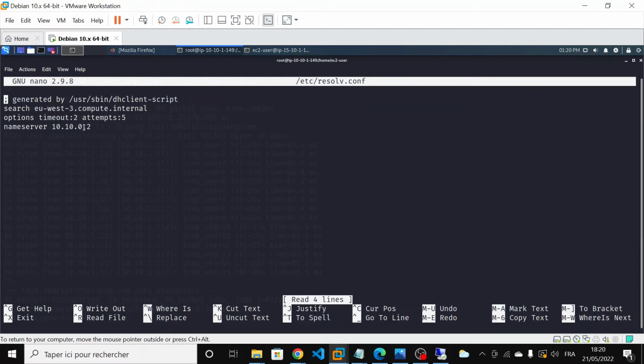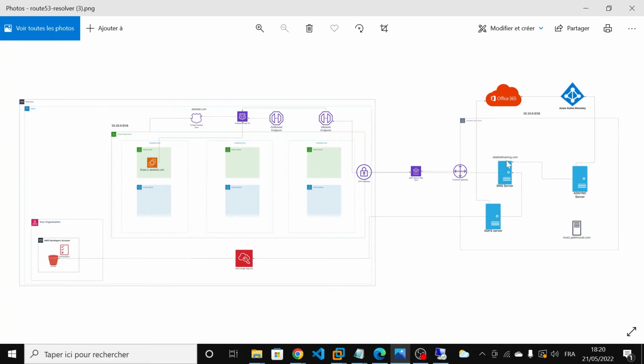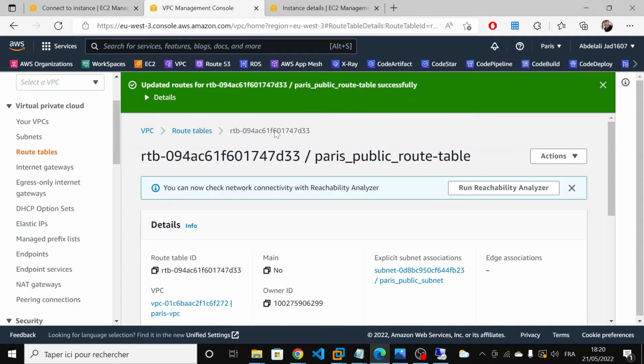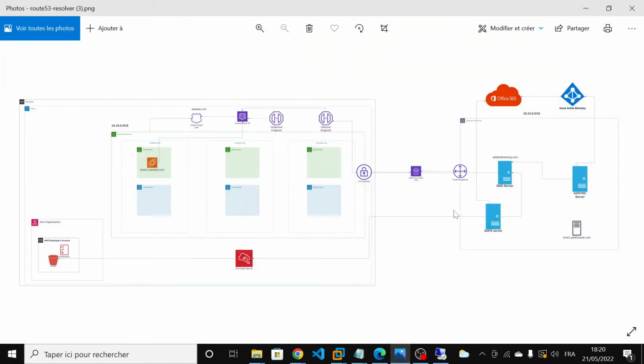But now this host does not know anything about this DNS name or this DNS server IP address. So for that, we have to create a DHCP option set, and then change the default DHCP option set of my VPC. So my instance, rather than have this DNS name server and this one, will have the DNS server IP address of our Windows server, and this